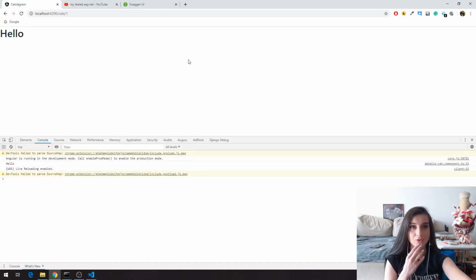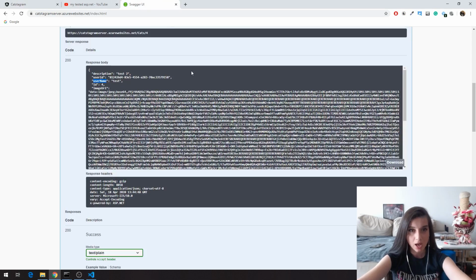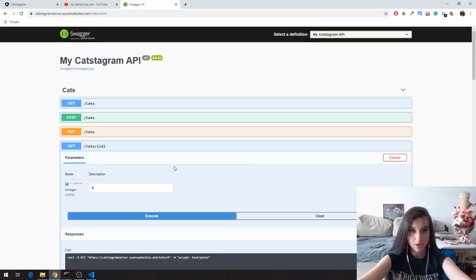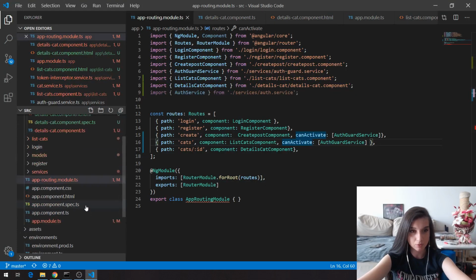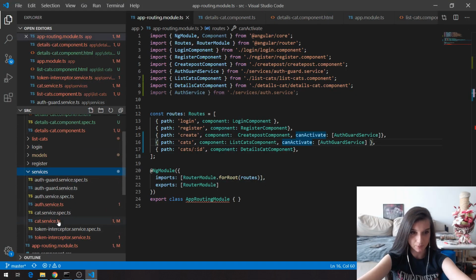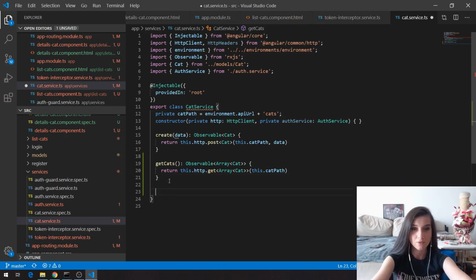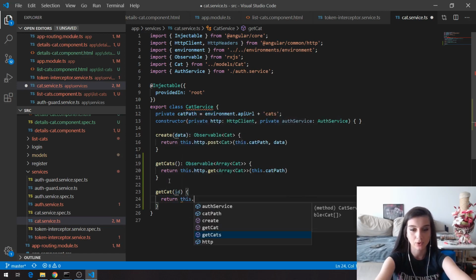Here is the interesting part. So we have to call our backend for this URL. So I'm going to go to my cat service in the service folder, and I'm going to create another function which will be getCat. This getCat will receive on call the parameter which will be the ID. And here I'm going to say that I want to return this